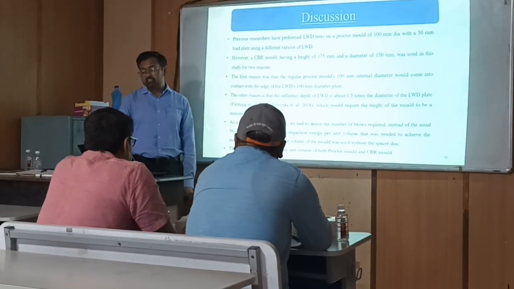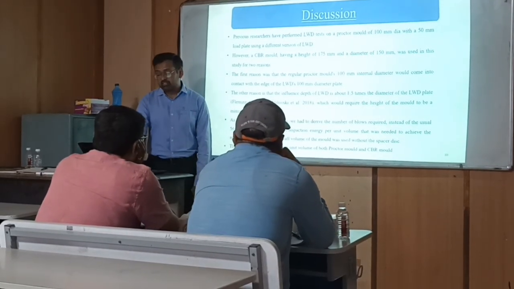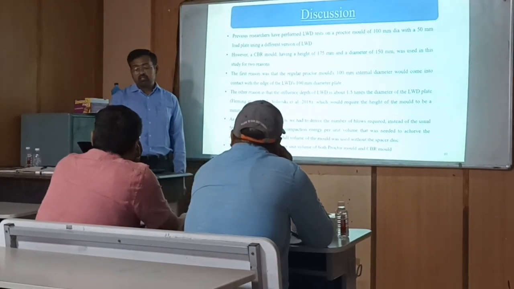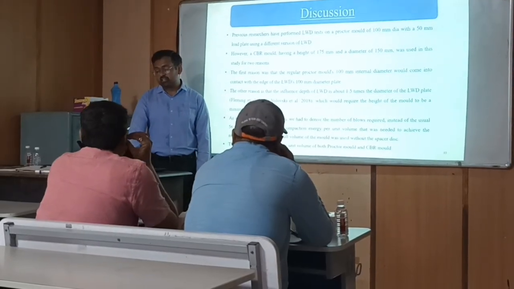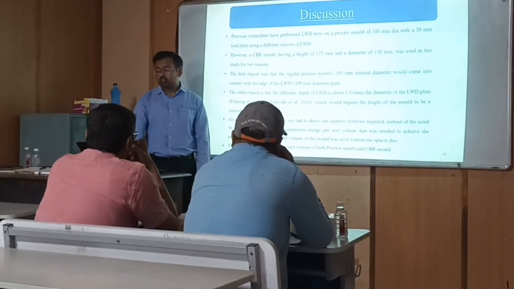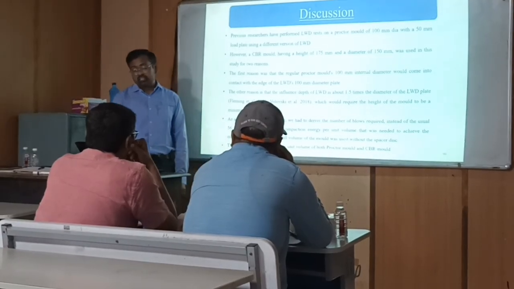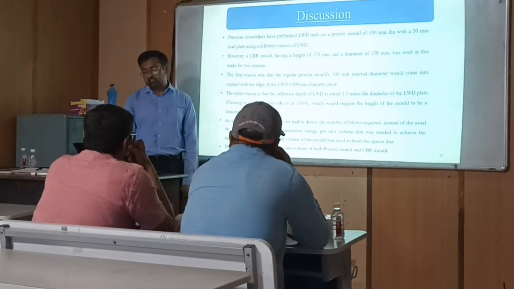The other reason is that the influence depth of LWD is about 1.5 times the diameter of the LWD plate, which would require the height of the mold to be a minimum of 150 mm. As a result of this modification, we had to derive the number of blows required, instead of the usual 56 in the CBR mold, in order to maintain the compaction energy per unit volume that was needed to achieve the maximum